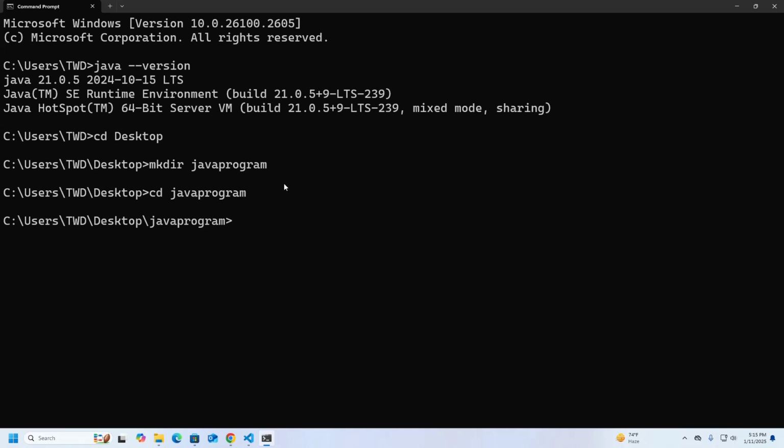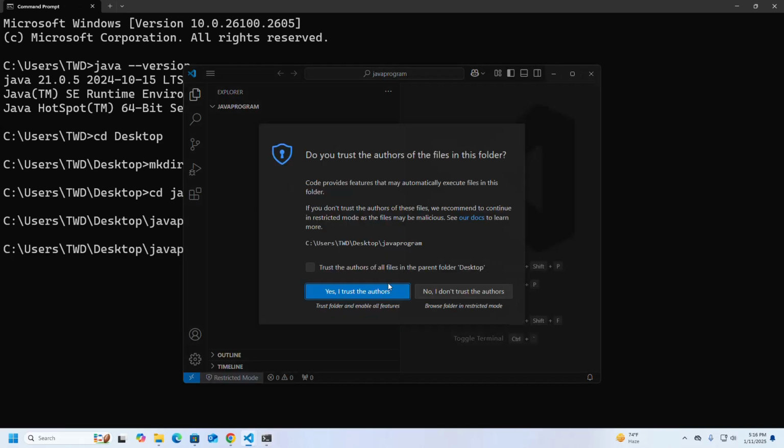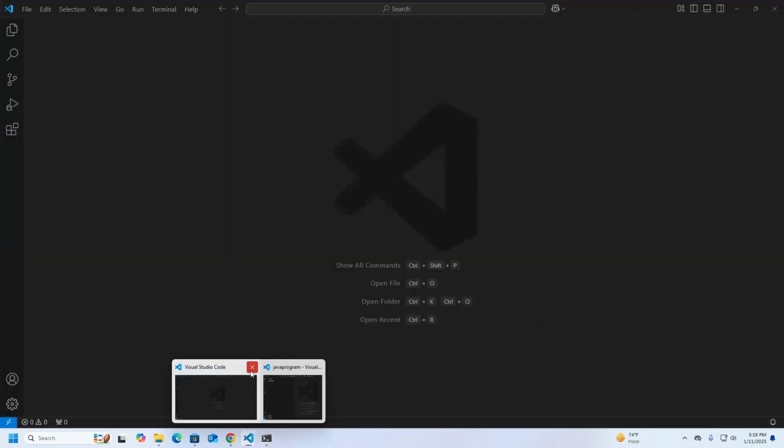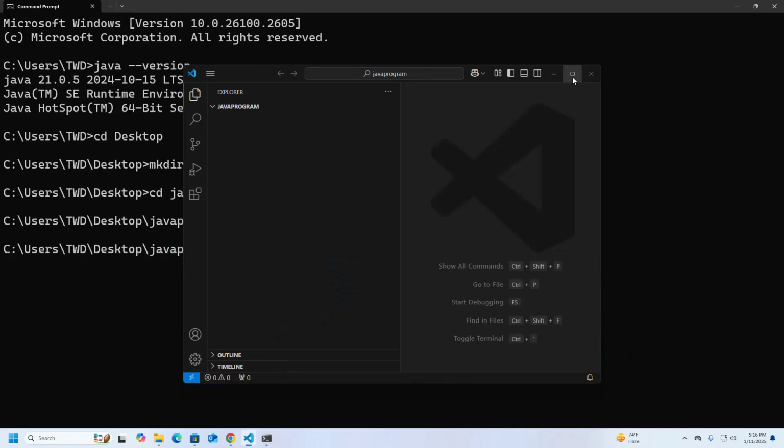Okay, and open this folder in Visual Studio Code. So write this command: code space dot, hit enter, trust this author. Okay,